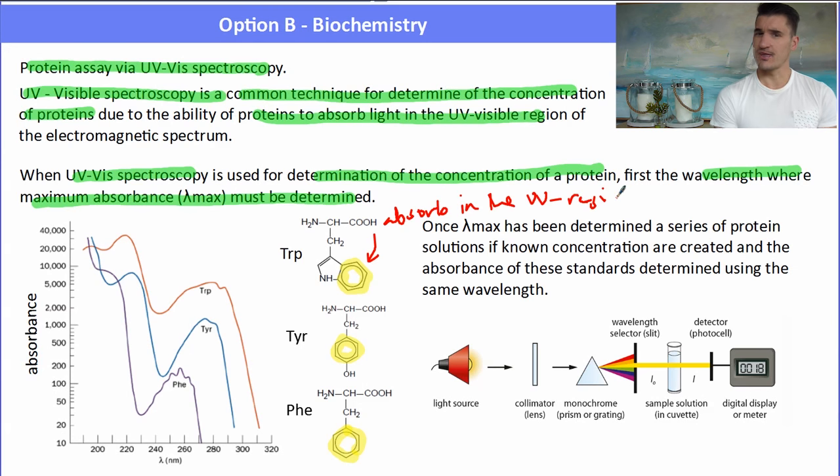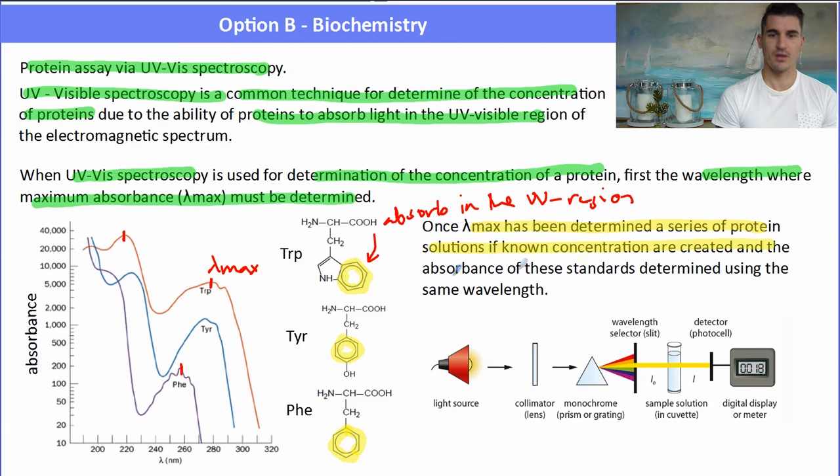Because they are all different amino acids, they all absorb at slightly different wavelengths of light. So we could pick that wavelength to try and determine the concentration of that amino acid, which is called the Lambda Max. On this graph, you can see that our 3 amino acids all have an absorbance very low in the ultraviolet visible region, around 210 nanometers. But they also have some absorbances a bit further up in the UV region. Depending upon which amino acid we're analysing for, we would need to choose the right wavelength to determine that